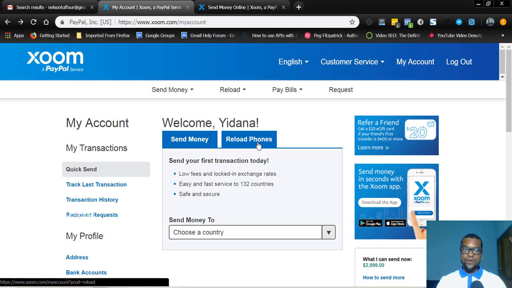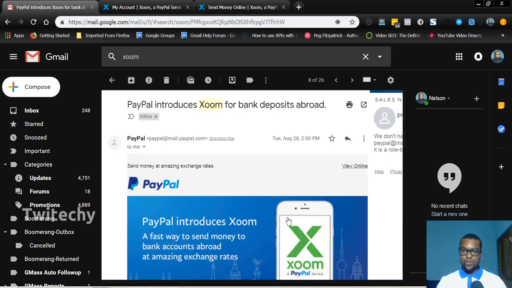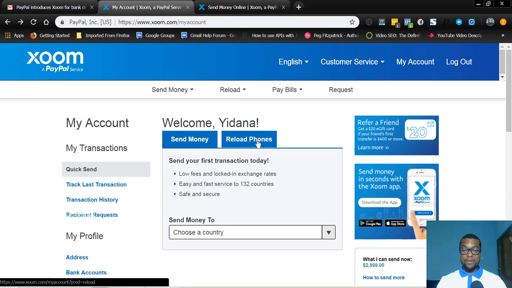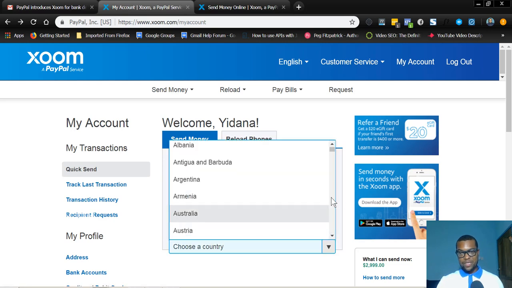So when I received an email, let me show you the email about Zoom and how PayPal wants to use Zoom for bank deposits abroad, the only option for Ghanaians was to reload phones. But lately, people can send money to Ghana and you can go and pick it up. So both ways work. So if a person has a PayPal account, he can do these two things for you. And it's as simple as that. He can send the money, choose the country,